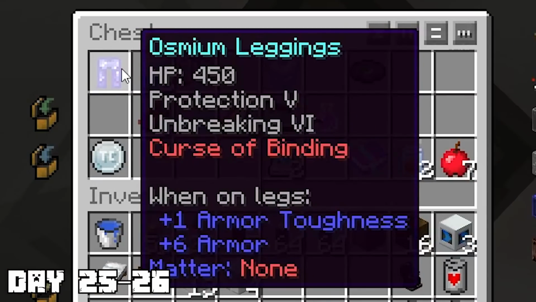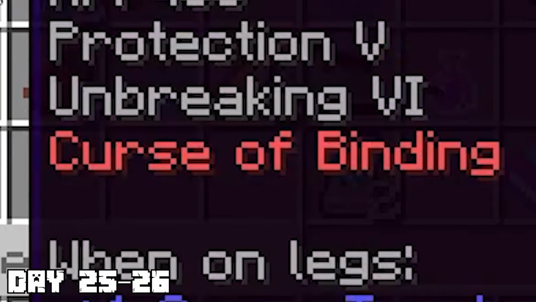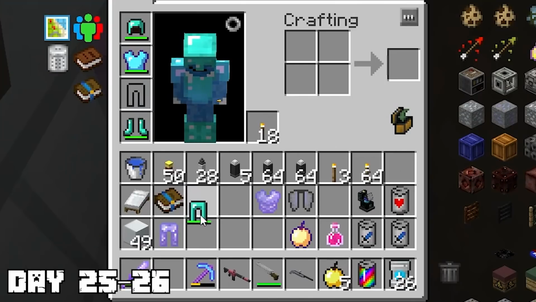I found these amazing osmium leggings. It had protection 5 and unbreaking 6. Wait. It has curse of binding, never mind. I can't even wear...